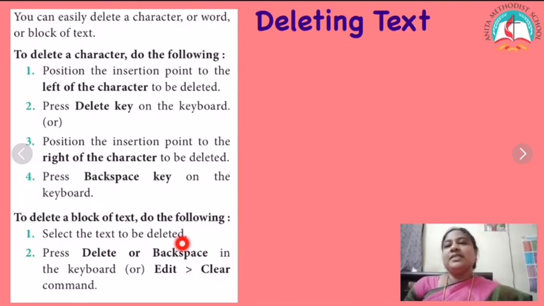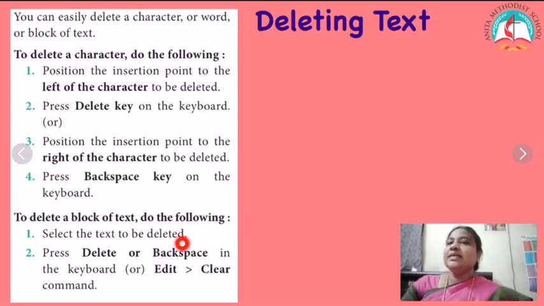Okay, undo option. Undo option means it cancels the previous action. For example, in the previous action we deleted something. If you want to retrieve it again, we can use the undo command. So the undo command is used to reverse the action of the last command. To reverse the last command, for example after deleting with edit, clear, the same thing, go to the edit, undo option.